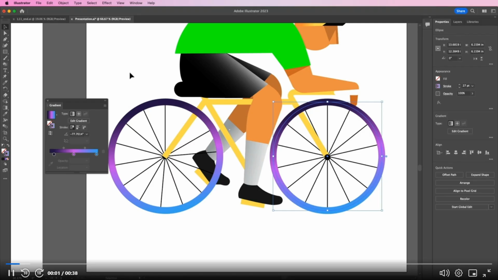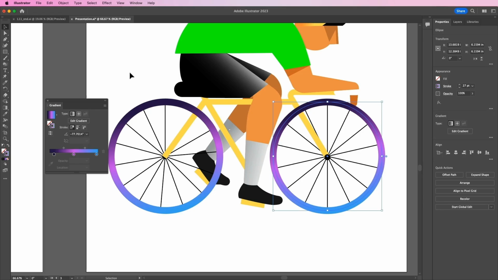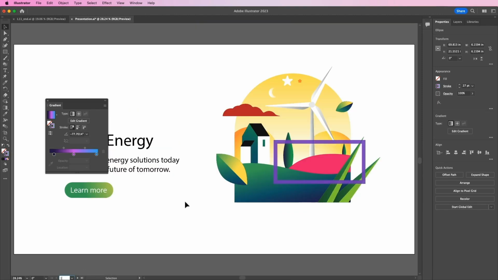Now we'll venture into working with what are called radial gradients. So let's switch over our artboards here. Go to one presentation slide. Click the